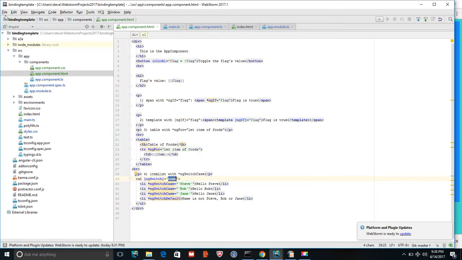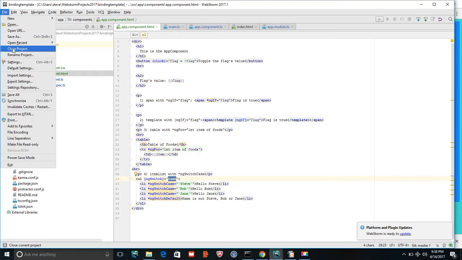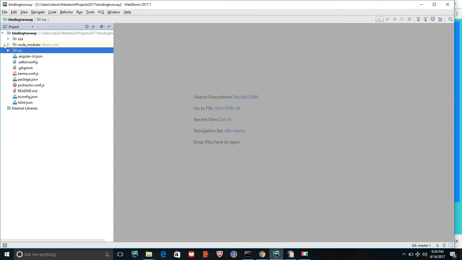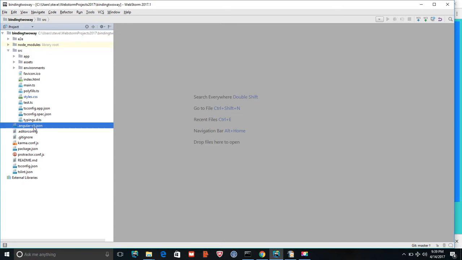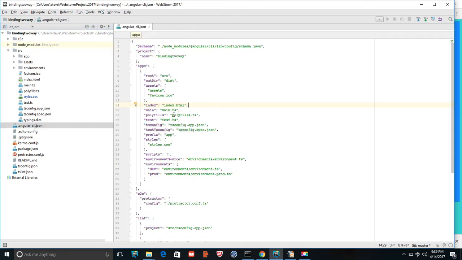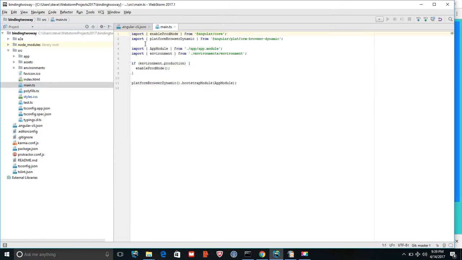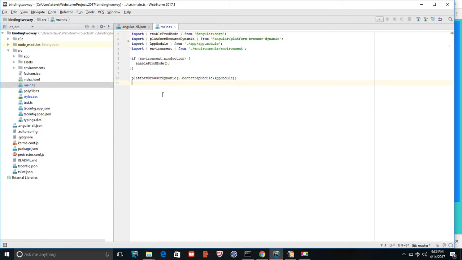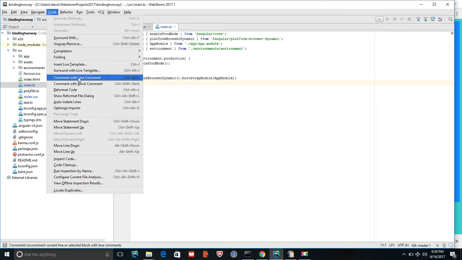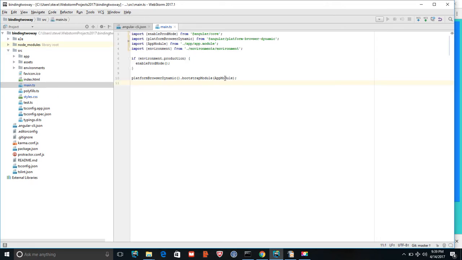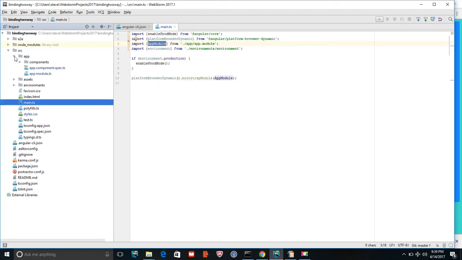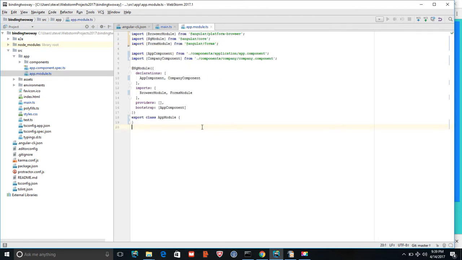Let me shut this down. Okay, once again, index.html, main.ts. Here's your driver. Okay, you're booting your app module that's in the app.module file. Your app.module